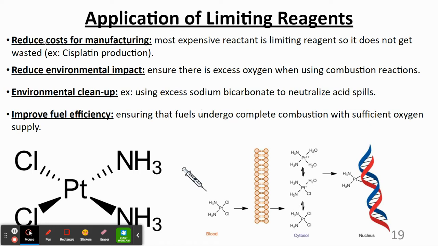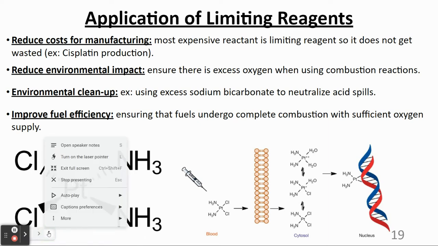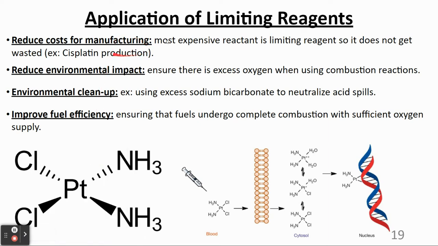And why do we have that? Well, one reason you might want to do that in the industry is to reduce cost for manufacturing. So, for example, let's say you want to make this compound called cisplatin, which is used to treat certain types of cancers. Notice that there's platinum in it. And so when you do a chemical reaction to produce cisplatin,